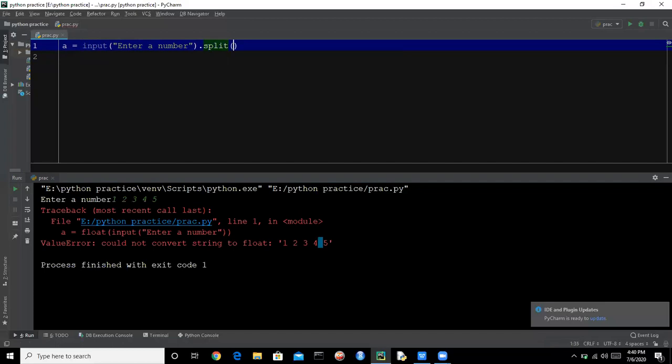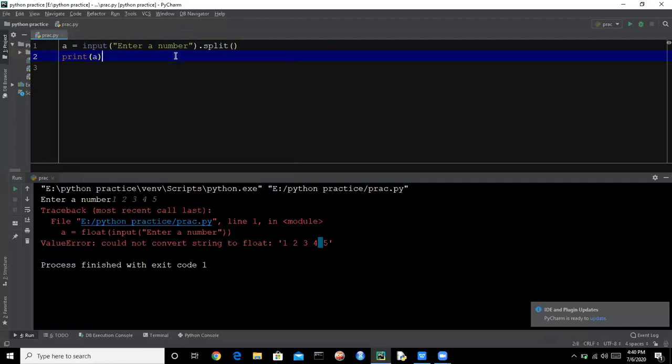The split function splits, or you can say divides, a string into subparts, or it can create a list of the string by dividing at the separator. The default separator is space. So it divides the string wherever it finds a space.